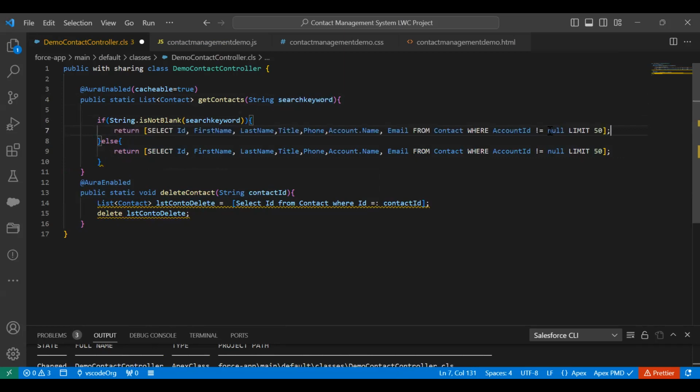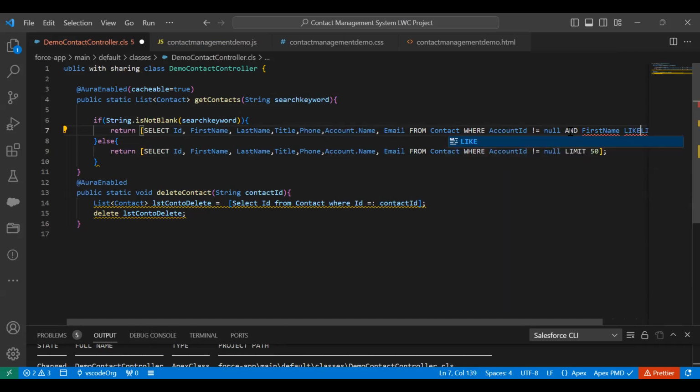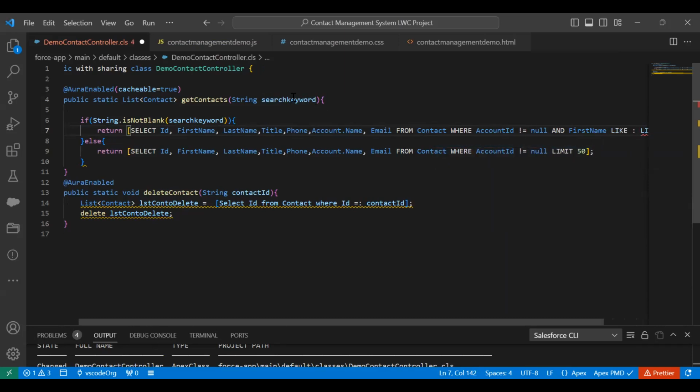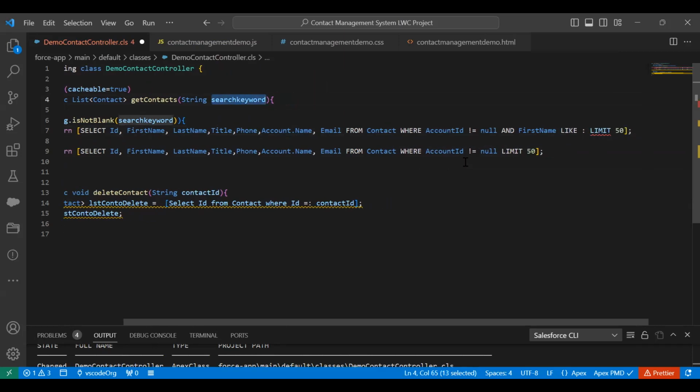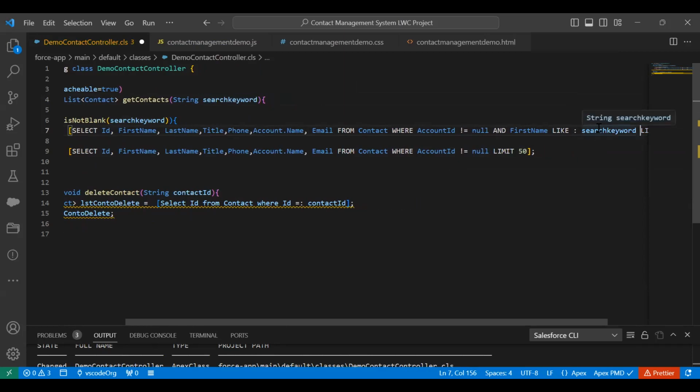Here, my expectation is that I should be able to write something like this: first name like this, search keyword. Now, if I hard code the value, let's say the user has passed ABC, what will be inside search keyword? ABC, right? But even if I remove this,